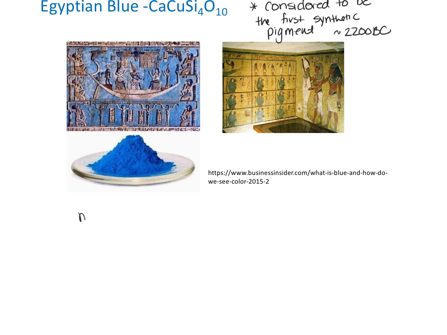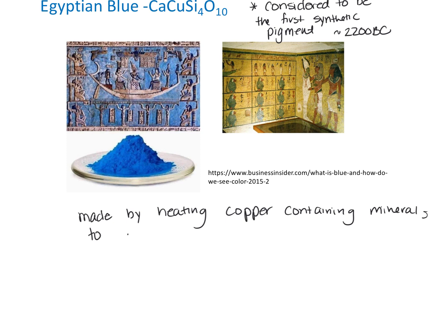So it's made by heating copper-containing minerals to approximately 1470 to 1650 degrees Fahrenheit. And what this resulted in was an opaque blue glass that was then crushed